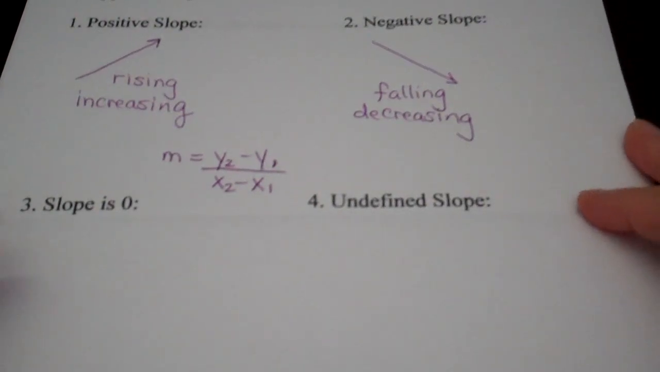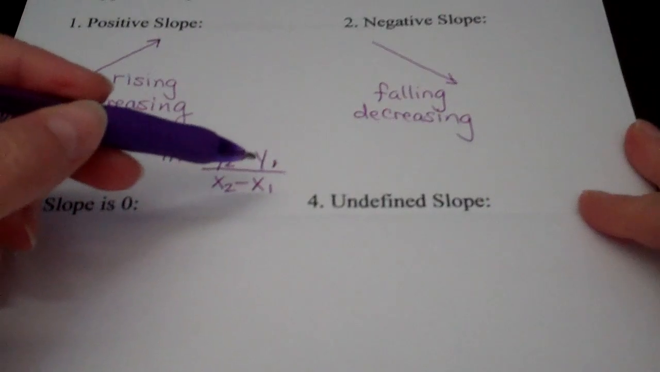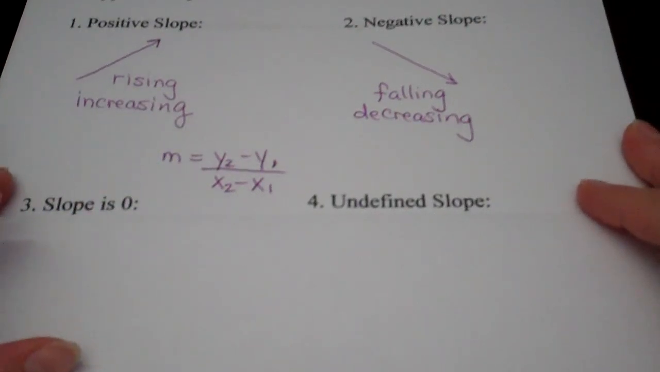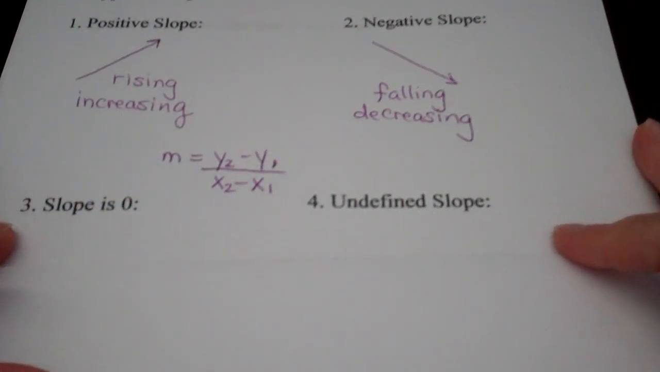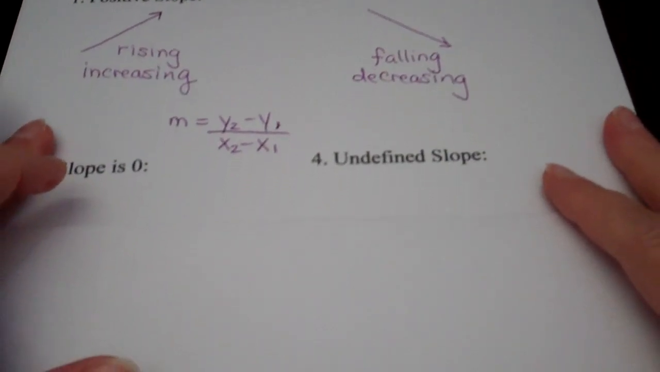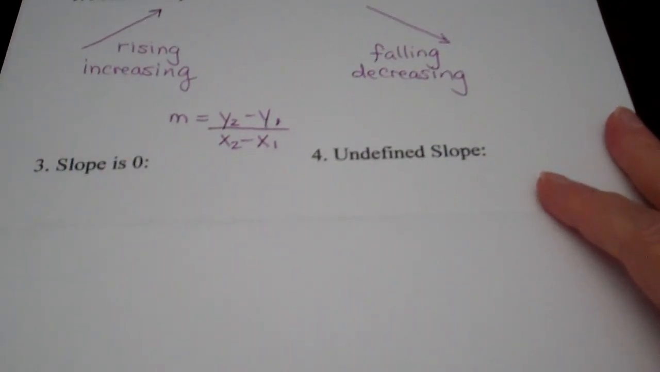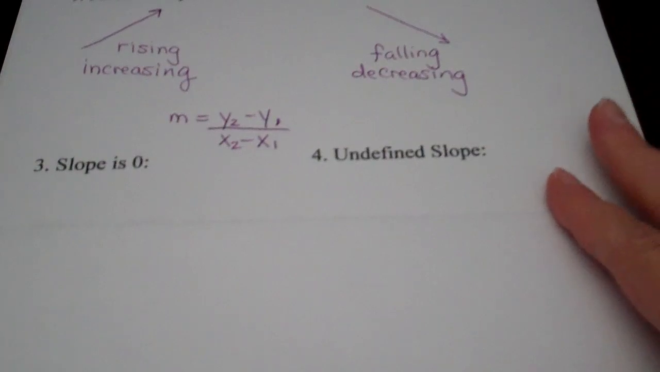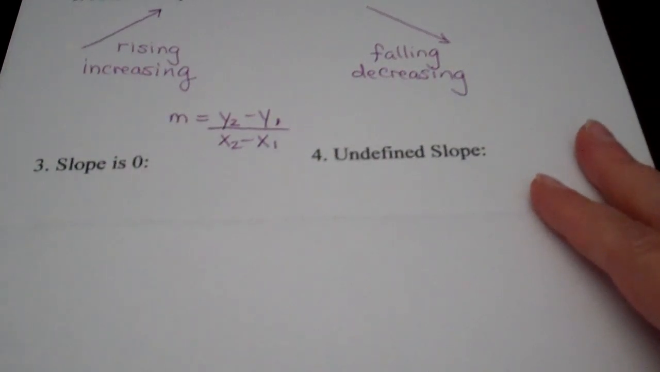So if the numerator, right, the y values happen to be the same and we subtract them, then we get 0 on the top. And something else in the bottom, maybe we have for our slope 0 over 5. Okay, so 0 divided by anything is still 0. So if our slope is 0,